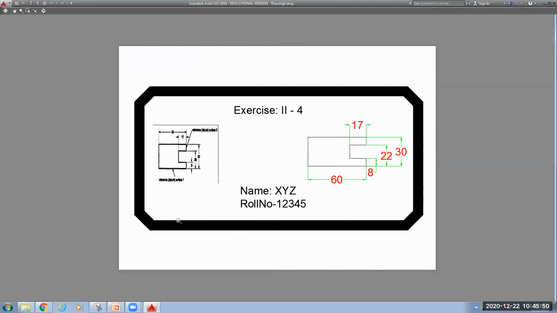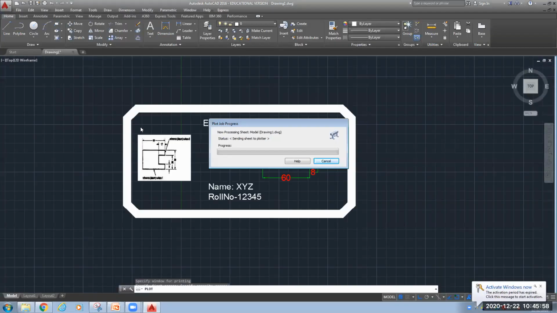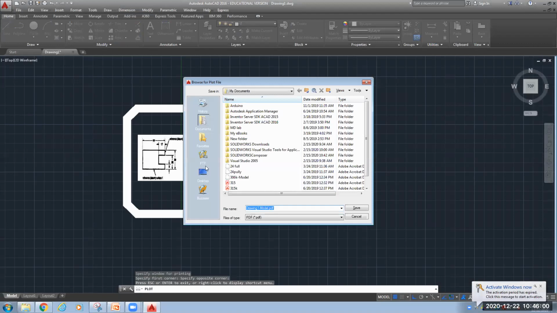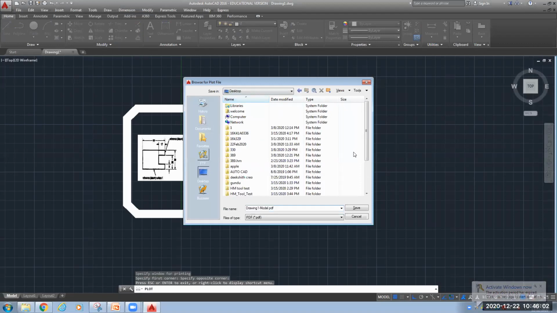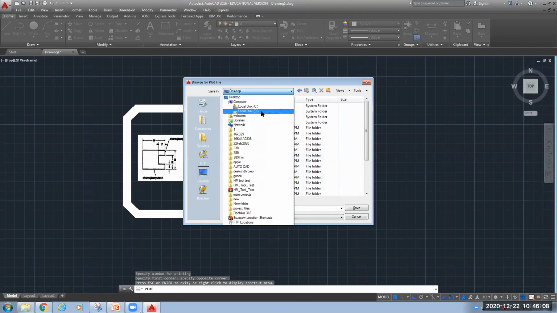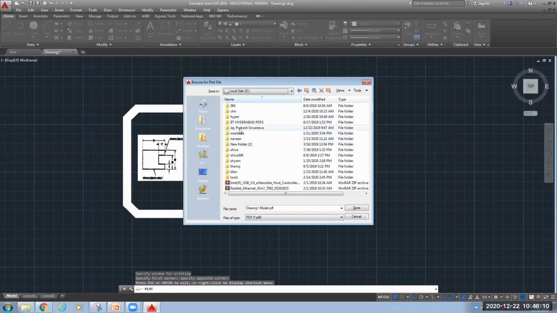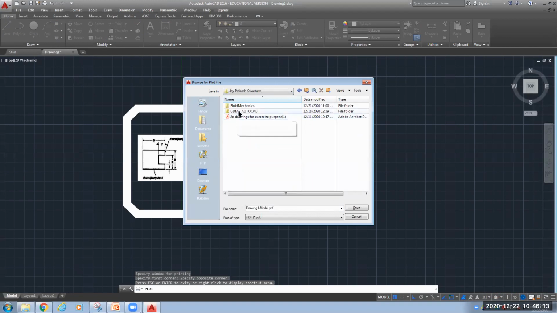If it is looking good and you want to finalize it, you can click on the top left corner, plot. It is asking where you want to save. So I will keep it on desktop. I have created this, GDM practice.